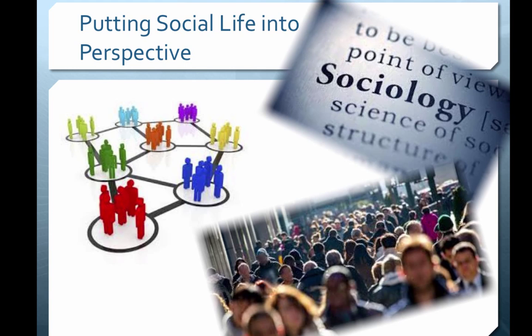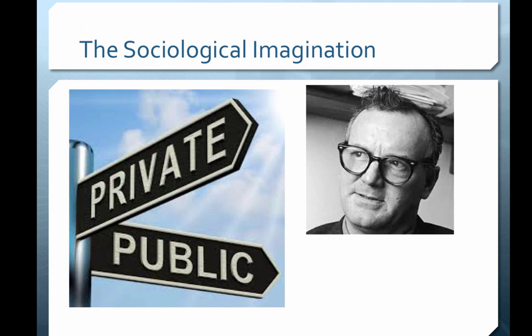Now, an important person in the beginning of sociology was this guy here, Charles Wright Mills. He came up with what was considered to be an important element about sociology, called sociological imagination. It's defined as the ability to see the relationship between one's individual experiences and that of the larger society. It's really a separation between those things that are personal or private issues and those that are public issues, and how they relate to one another and how each can contribute to our life circumstances.